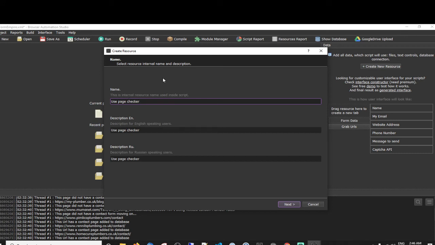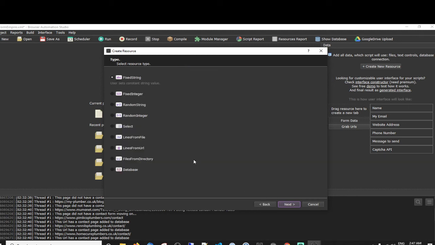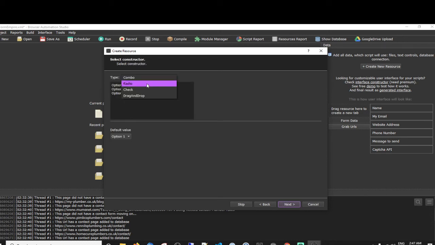Also, guys, when I do bots like this, I just think of the first name that comes into my head for different modules. These can be changed as you go over your bot and do your checks. So this is going to be a select, and then we're going to say checkbox.